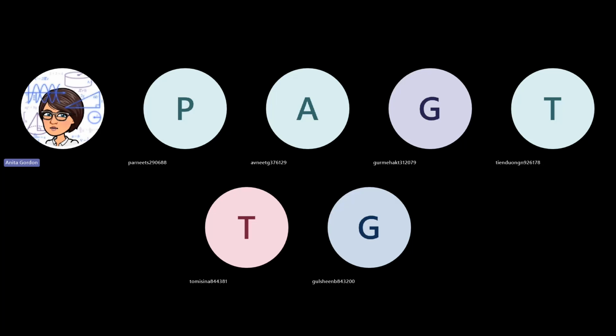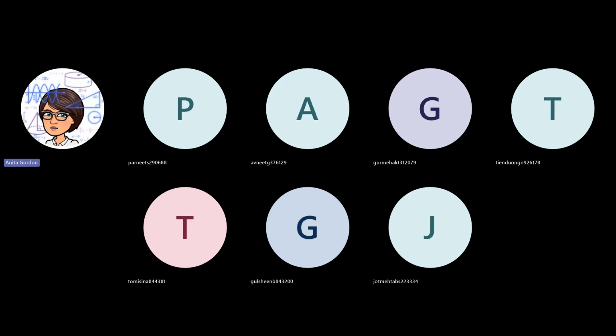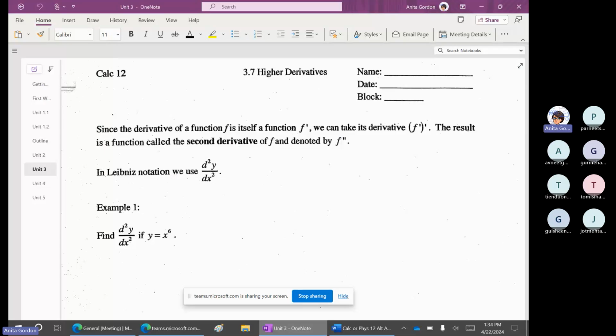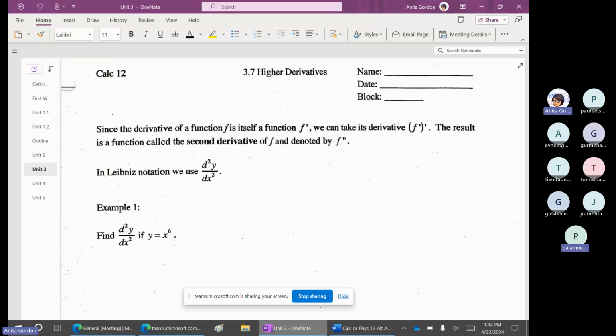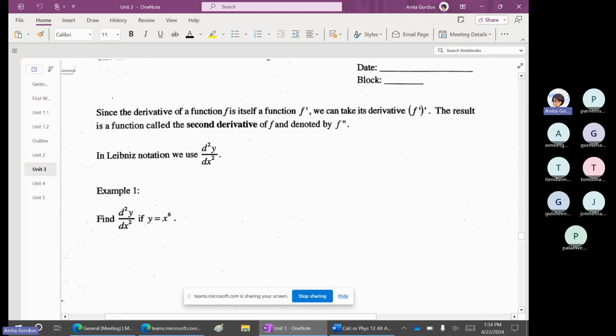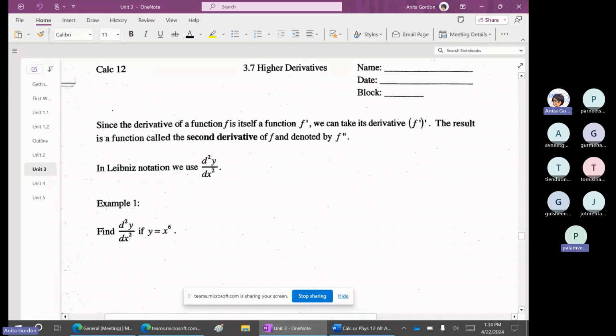So we're looking at higher derivatives today. We're going to look at a couple different notations of how to write it and then apply the rules we've already talked about in order to find the derivative. Okay, since the derivative,